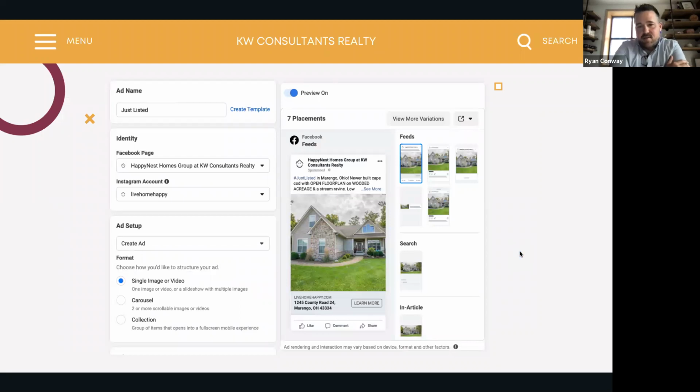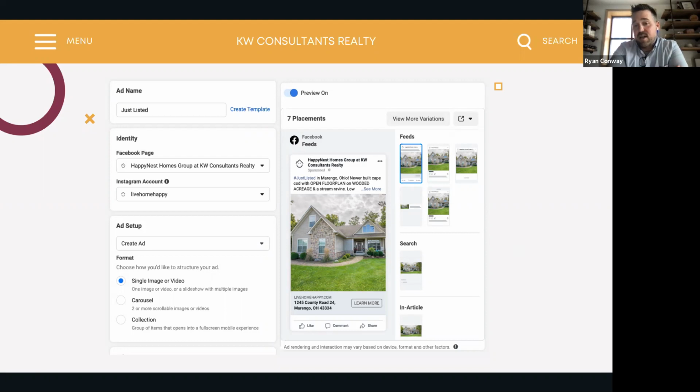And I talked about the ad creative. Once I've reduced the placements, it'll show me previews of what all those different ads look like. I see the main Facebook feed on there. I can change whether this is a single image. Do I want to put a video tour of the property? Maybe some drone footage, or something more professional with text and music. You can display that here and advertise it to people.